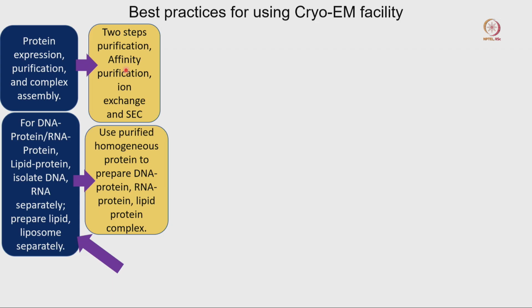So, that is the reason large culture is always good to get a good amount of protein for TEM and cryo-EM study. And then when you have this protein, we should study its interaction with DNA, RNA, or lipid. It will always be good to perform those complex formations and run the SEC one more time, where we can isolate only the DNA-protein complex, RNA-protein complex, or lipid-protein complex.